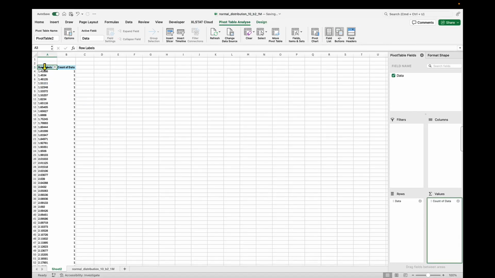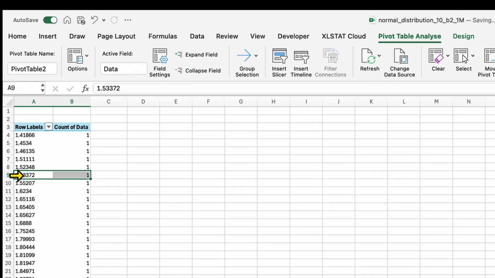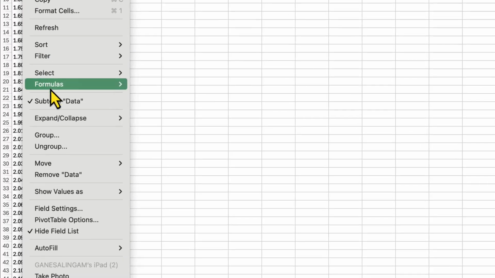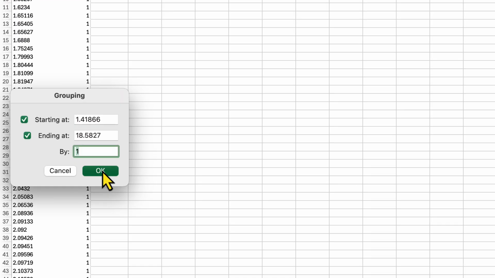So now these are the data. There's only one of 1.41866. There's only one of 1.4534. So what we want to do is group it. Let's say we group it into 15 bins, 15 widths. What we have to do is just click on one of the numbers and then click to say group. And then you say it's an increment of one, they will say yes. And if you click OK,